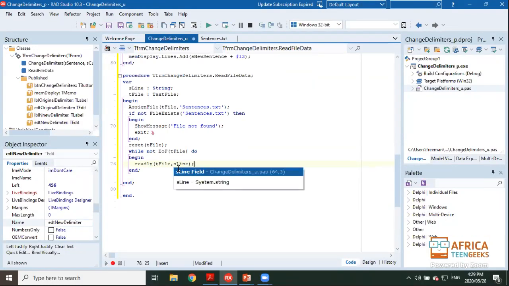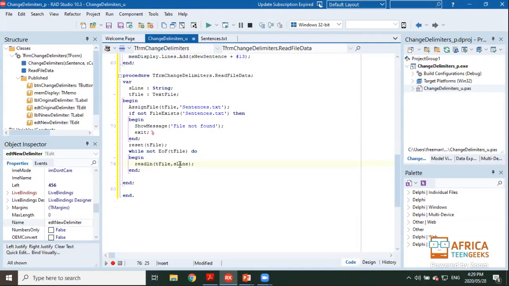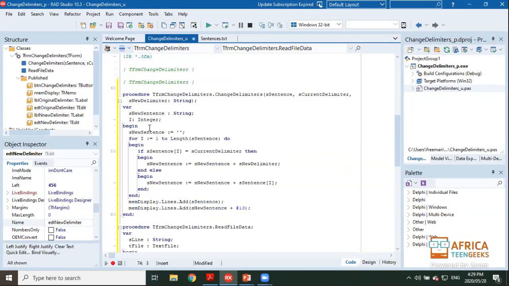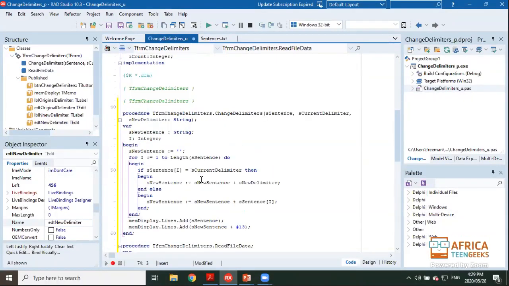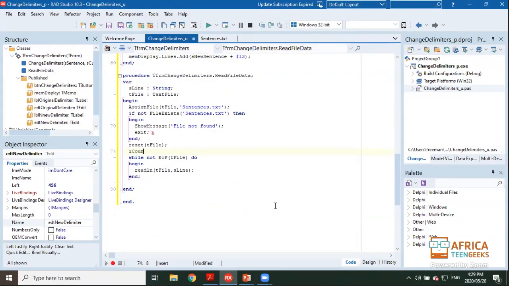But this is not enough, because the question says to store the values, in other words those sentences, in an array called R sentences. How do you reference an array? You reference it at the array at position whatever. Now that position we forgot about. I need to keep a tab on my number of lines. So before I go into my while loop, I want to initialize my counter, I count. I want to give it a value of 0 because I haven't counted